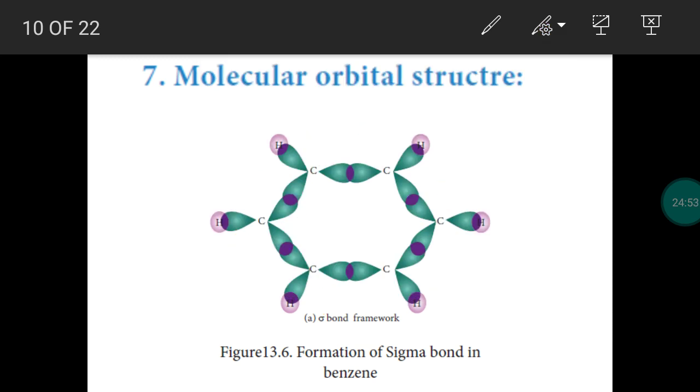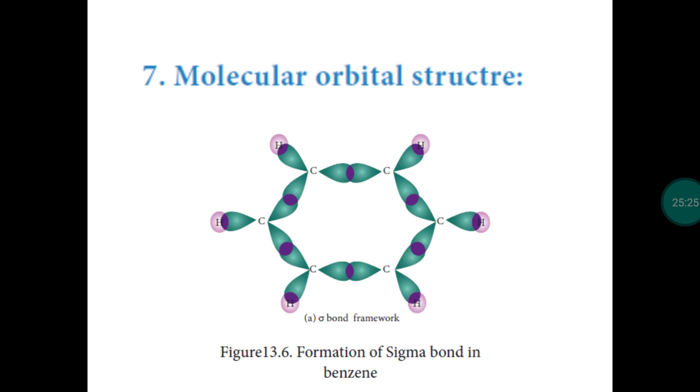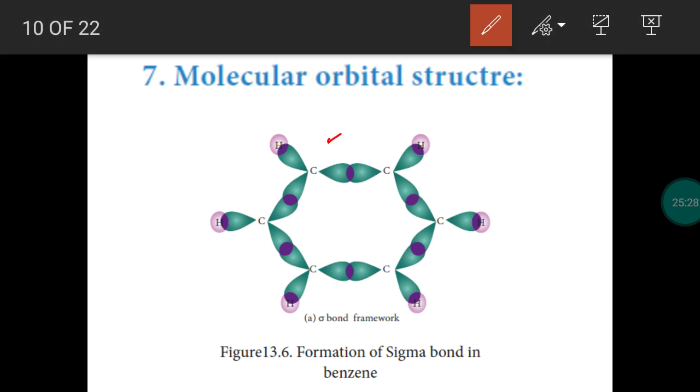Every carbon has atomic number 6, with the excited state configuration 1s2, 2s1, 2px1, 2py1, 2pz1. The 2s, 2px and 2py orbitals are involved in sp2 hybridization. It will create three sp2 hybridized orbitals, each with a single electron. The remaining 2pz orbital has a single electron and is not hybridized. So every carbon in benzene will make three covalent bonds with its neighbors: two covalent bonds with carbon atoms, and one covalent bond with hydrogen.